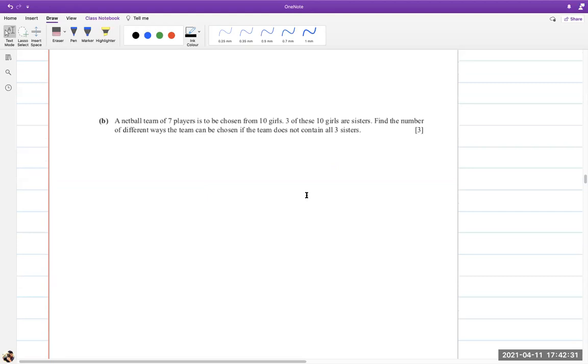Next is saying a netball team of 7 players should be chosen from 10 girls. 3 of these 10 girls are sisters. Okay, find the number of different ways team can be chosen if team does not contain all 3 sisters. So you have